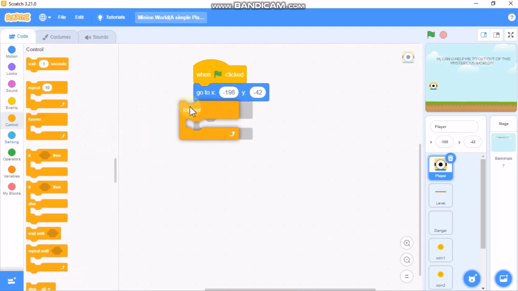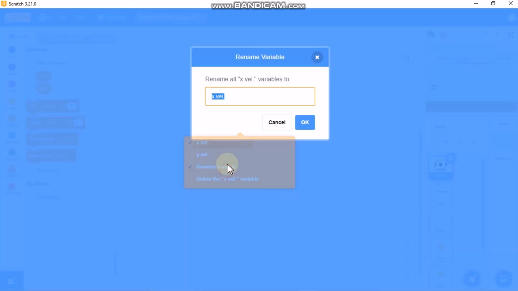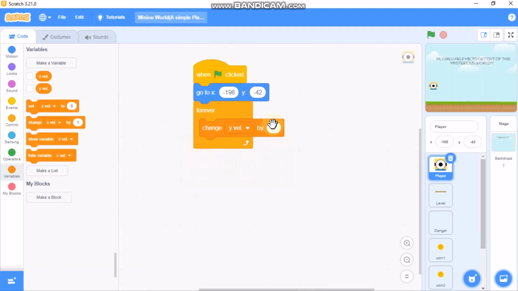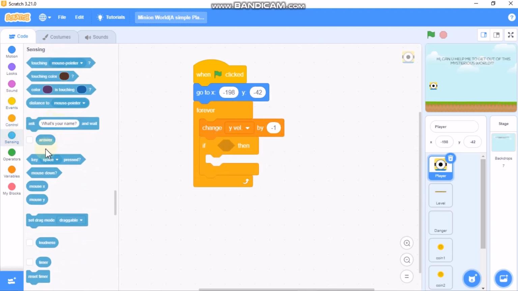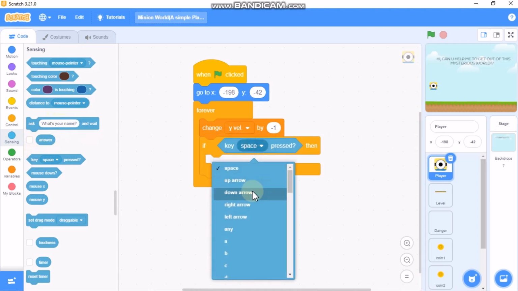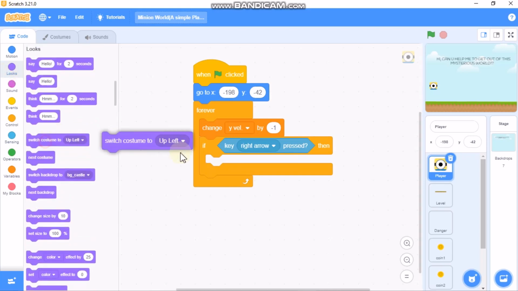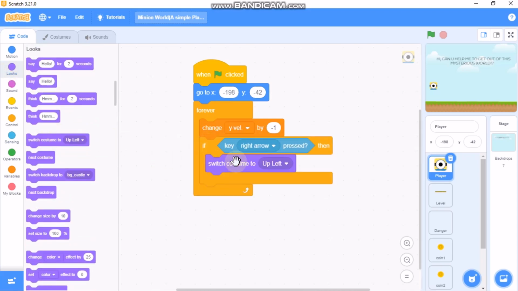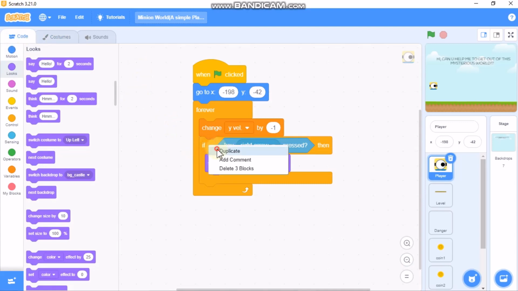Then grab a forever loop and we need to change our yvel by -1. So grab an if statement. So if key right arrow pressed, then we need to switch costume to right. You can see it's this costume. There are 6 costumes. Then duplicate this,